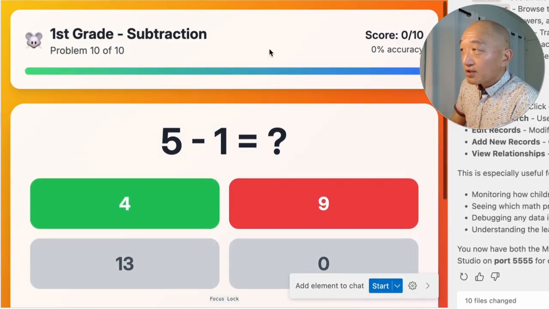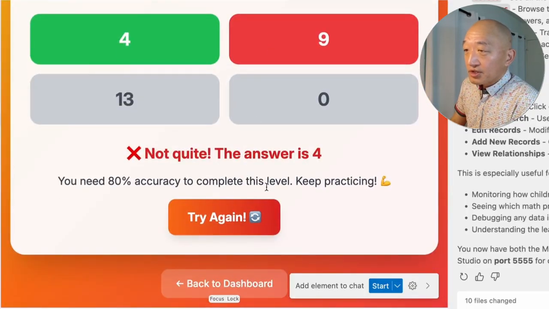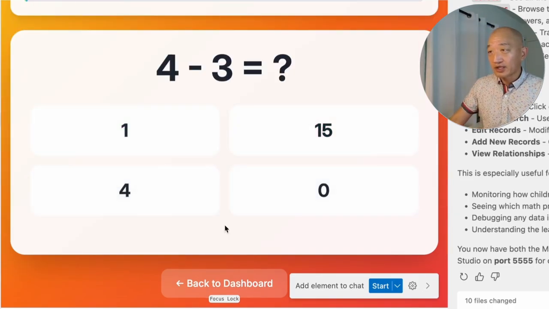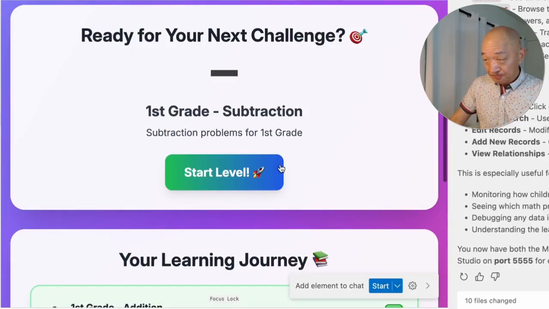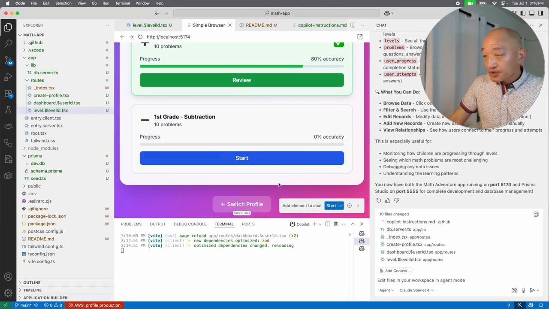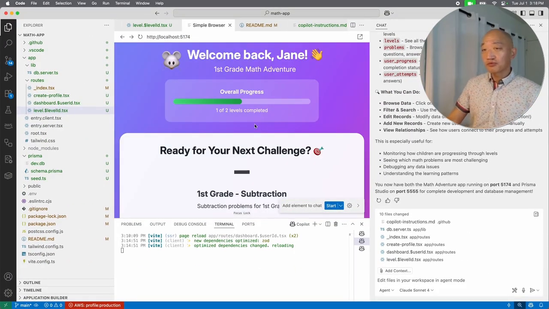Okay, 0% accuracy. And then it says try again. Okay, and then it just starts over. So that's all fine. Okay, so I think this is a good place to recap what we did, what we got, and then tee